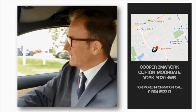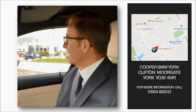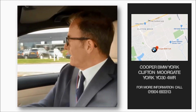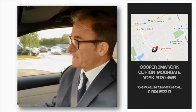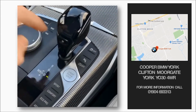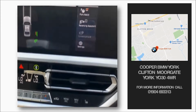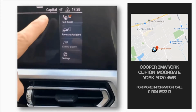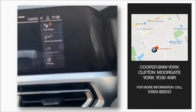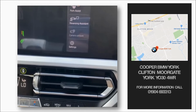So here I am at Cooper York's car park, just pulling in now, and I'm going to set the car up to find a space. So it's really nice and simple. The first thing I do is just press this button here. This is the parking button, and that then sets this up on the screen here. You can see that it's in park assist, and as I drive along it will start picking up the various